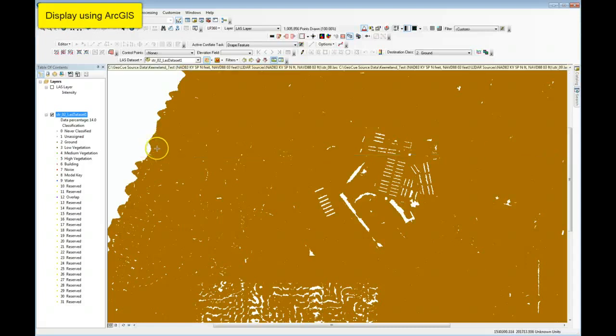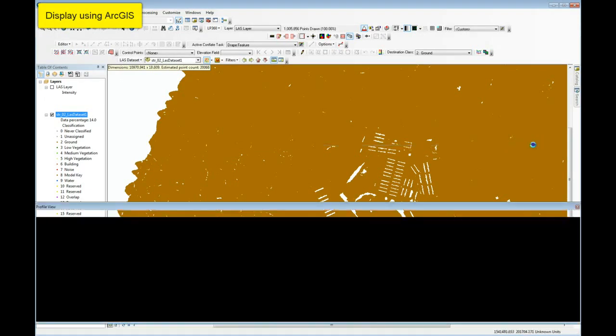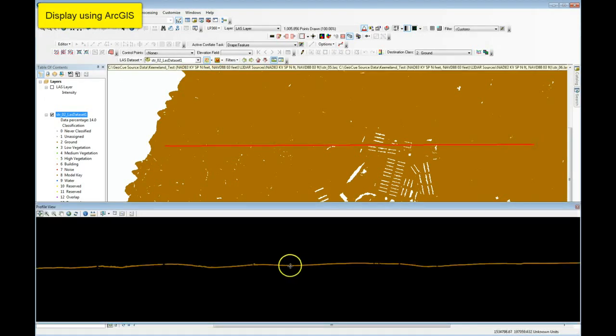If I escape out of that and draw a much narrower profile, then you see I can get a greater width, but even that is not too extensive. If I draw the profile, then Arc, and I click on the third button for width, Arc will paint the profile in this lower view. Now I cannot pan this profile around, and that means that if I want to look at a profile of a different area of the data, I have to go up into the map view and go draw it again